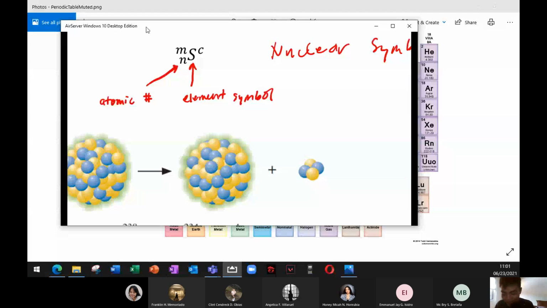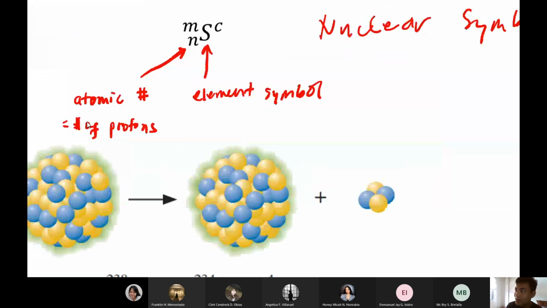Ayun. Anyway, let's proceed again. So, atomic number, ito yung number of protons din pala. Okay, so do not forget that. It is equivalent to number of protons. So, I believe na-discuss na to dati, no? Pero share ko pa rin. Okay, so yun yung atomic number of protons. Yung top left